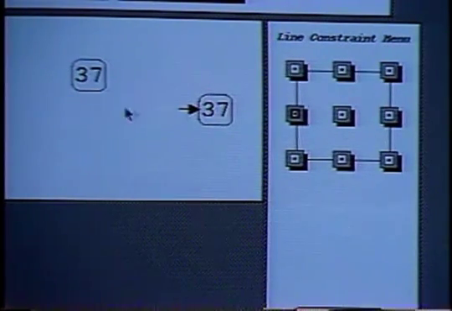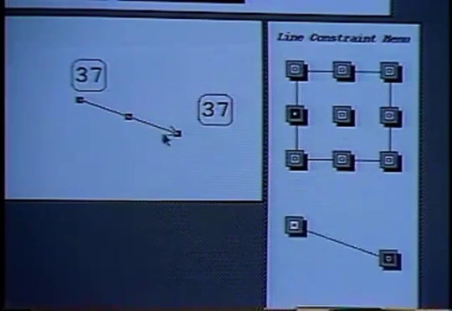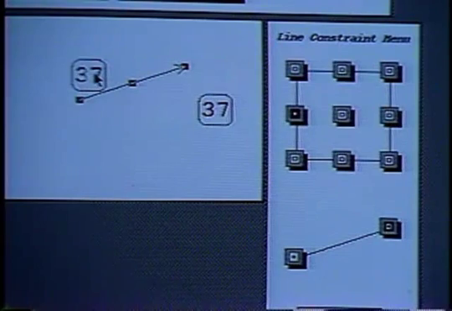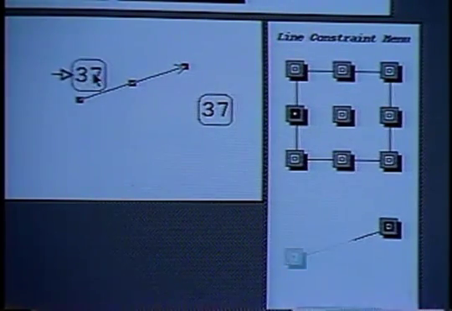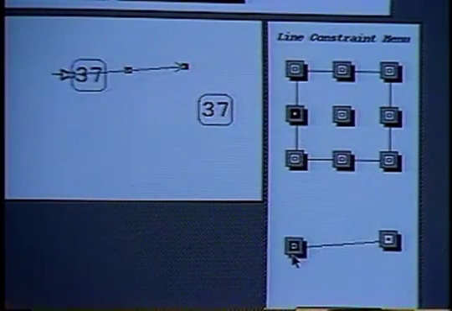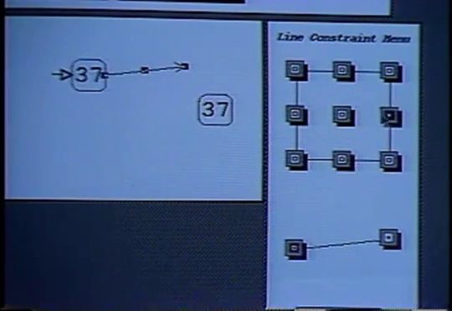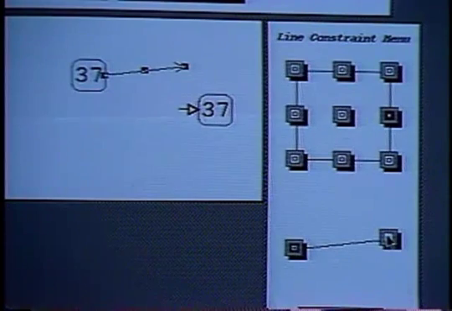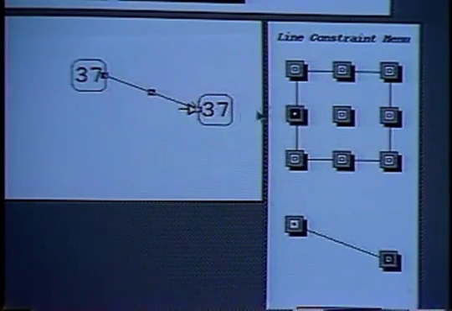When I rotate the arrow, the constraint menu rotates as well. This makes it easy to determine which endpoint of the arrow I am constraining. In this case, the arrow's left endpoint is attached to the right side of an object, and its right endpoint is attached to the left side of an object. These constraints are dynamic constraints, since the arrow will stay attached to the data objects if the data objects are